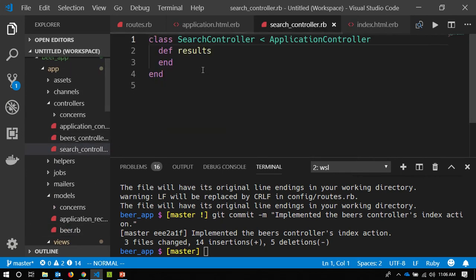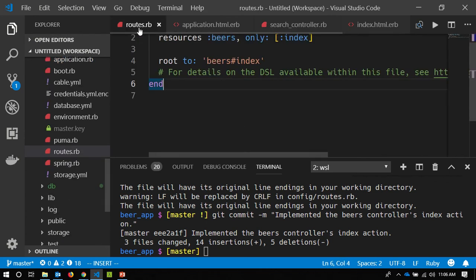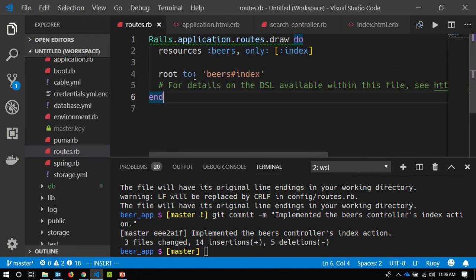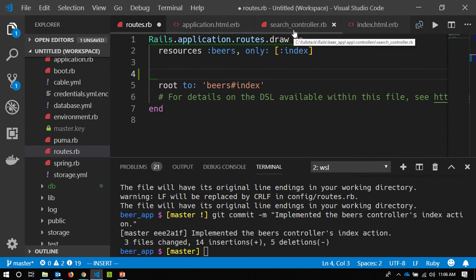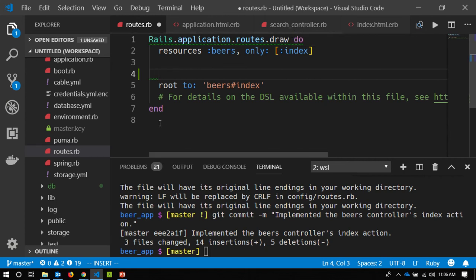So I've got a search controller. It has a results action. In my routing file, I'm going to set up a route for that. This is one of those cases where maybe if I thought long and hard about it, I could figure out how to make this search controller and its actions map to the RESTful routes. But it doesn't really in my mind,